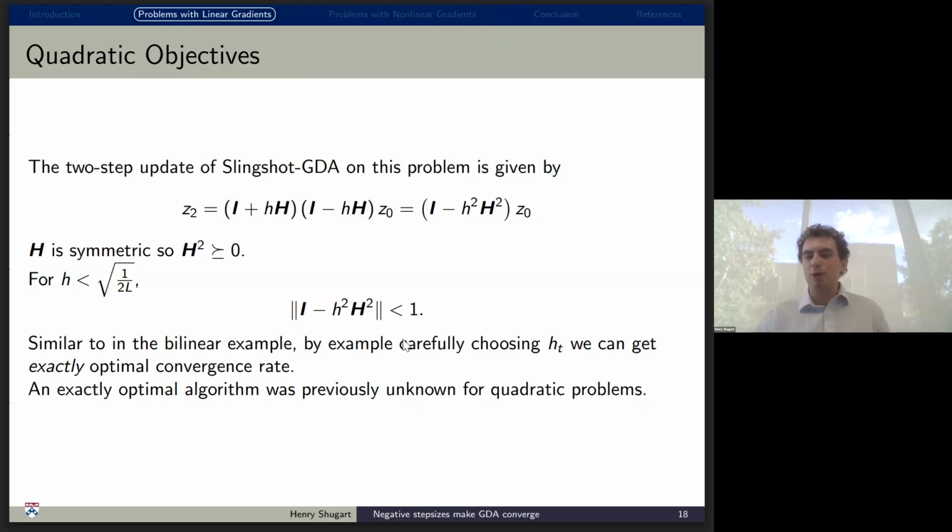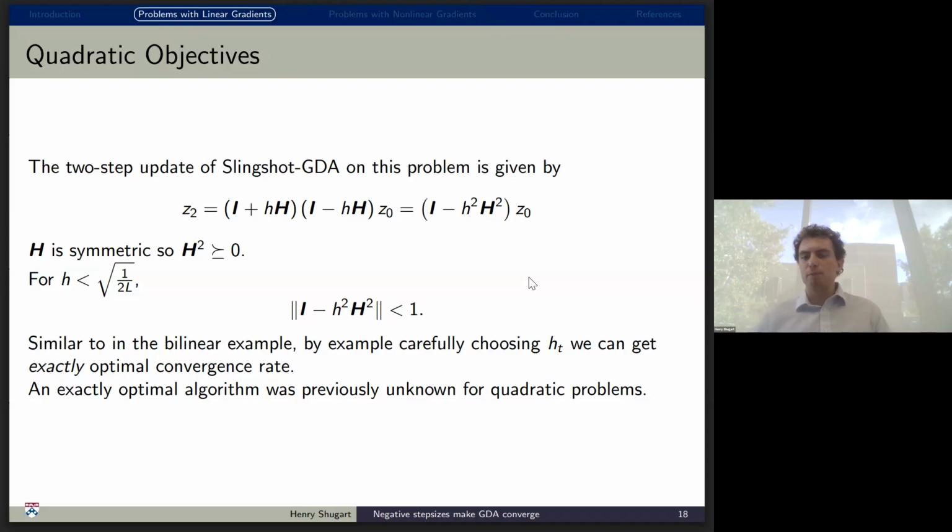And you can also note that, again, we recover exactly one step of Hamiltonian gradient descent with 2 steps of Slingshot GDA. And so by carefully choosing HT and modulating the size of our steps, we can get an exactly optimal convergence rate as well. Unlike the bilinear problem, an exactly optimal convergence rate on this class of problems was previously unknown. And so it's interesting to note that GDA is the first algorithm to achieve this, even when other more sophisticated algorithms could not. And so now I'm going to move on to